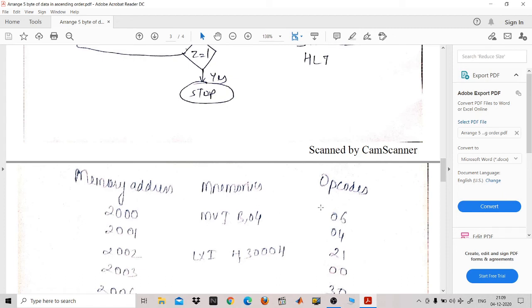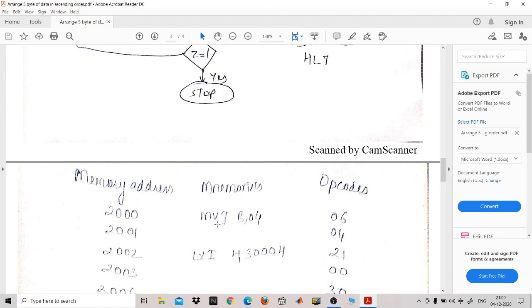Now we will try to differentiate between a single byte instruction, double byte instruction, or triple byte instruction. A single byte instruction takes one memory location, a double byte instruction takes two, and a triple byte instruction takes three. So we'll be splitting that accordingly, and we will be storing the opcode first, then the data.